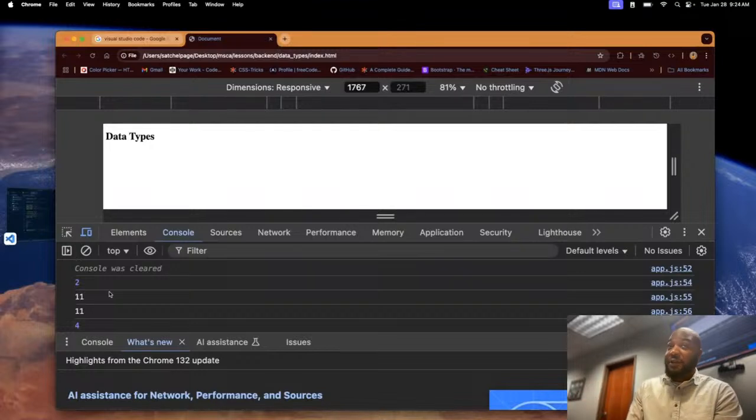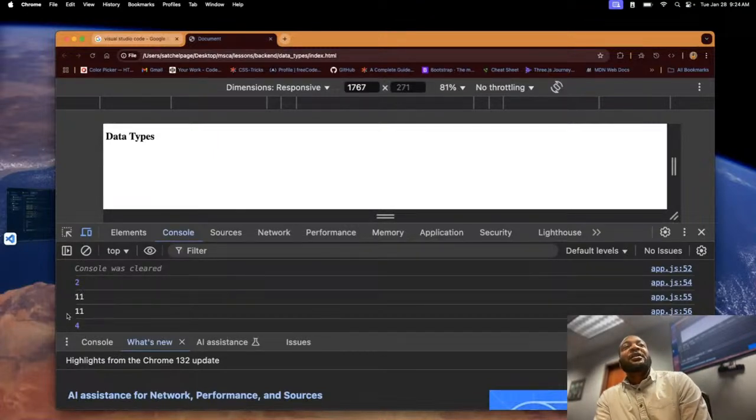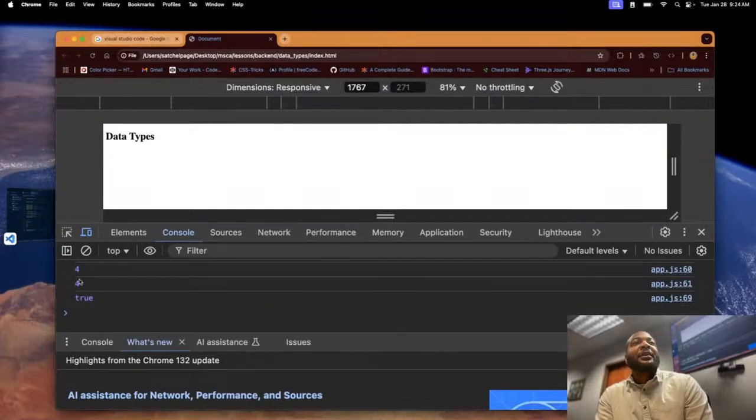Now, I would assume that different browsers indicate the data types differently, so don't hold me or the developer tools to that. Also, for people who are colorblind, maybe you'll have to do it another way, which is not difficult to do. But this is a good indication of the data type if you ever wanted to figure out what the data type was, or if you needed to know. But anyways, we can see here that true,